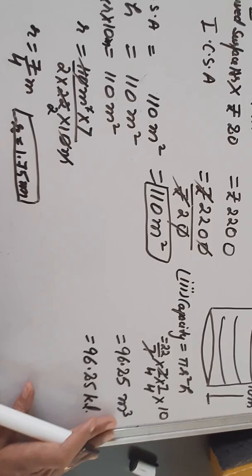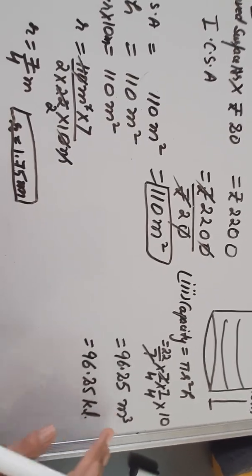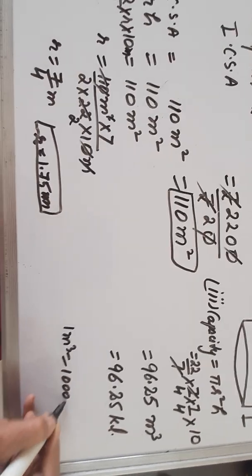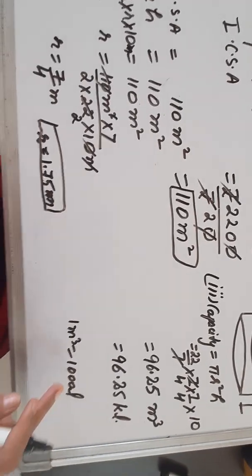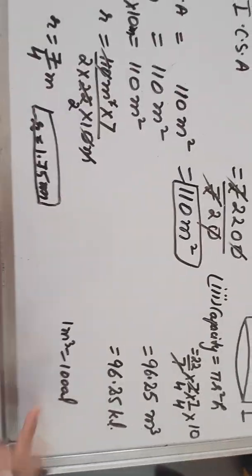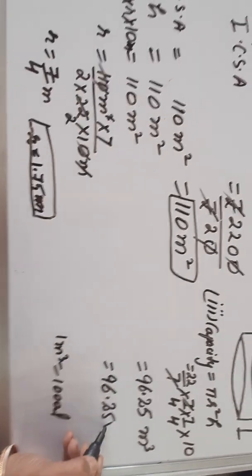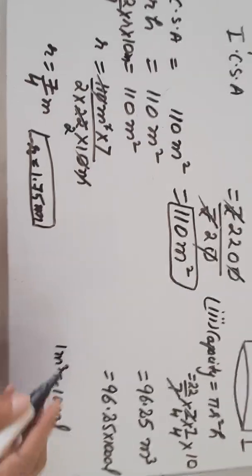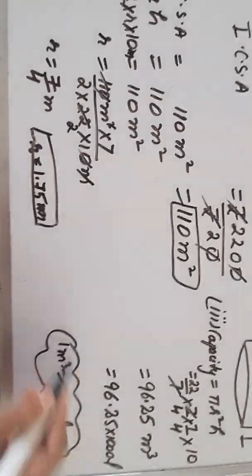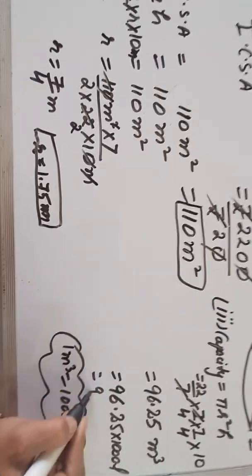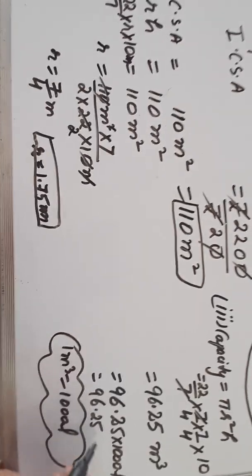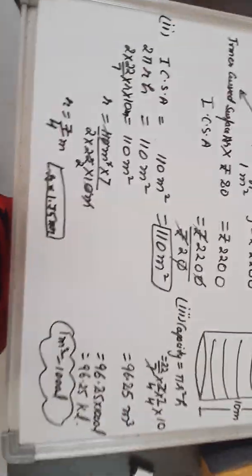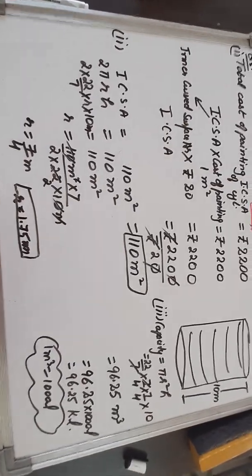Understood? Because when we convert 1 cubic meter into liters, the relation is 1 cubic meter is equal to 1000 liters. So what will we do, we will multiply it by 1000, and we get 1000 liters. But this 1000, what can we write it as? We can write it as kilo. The value of kilo is 1000, so kiloliters. So in this way you can do this question.